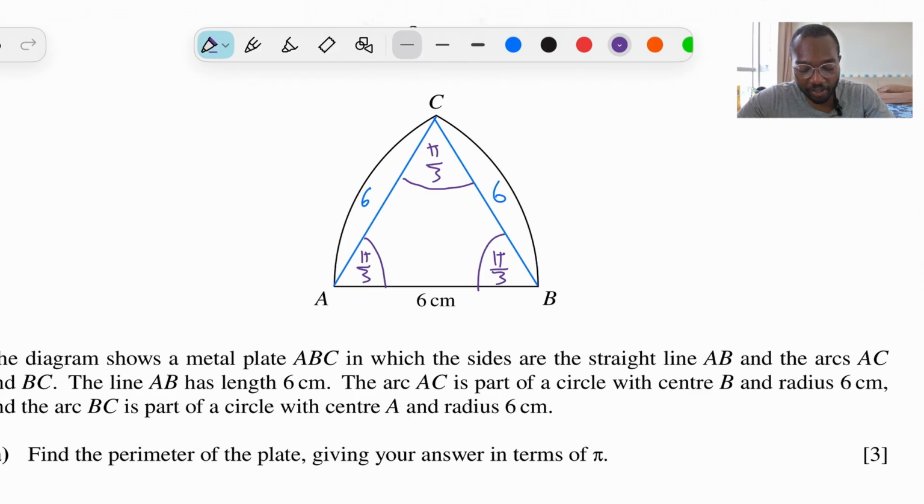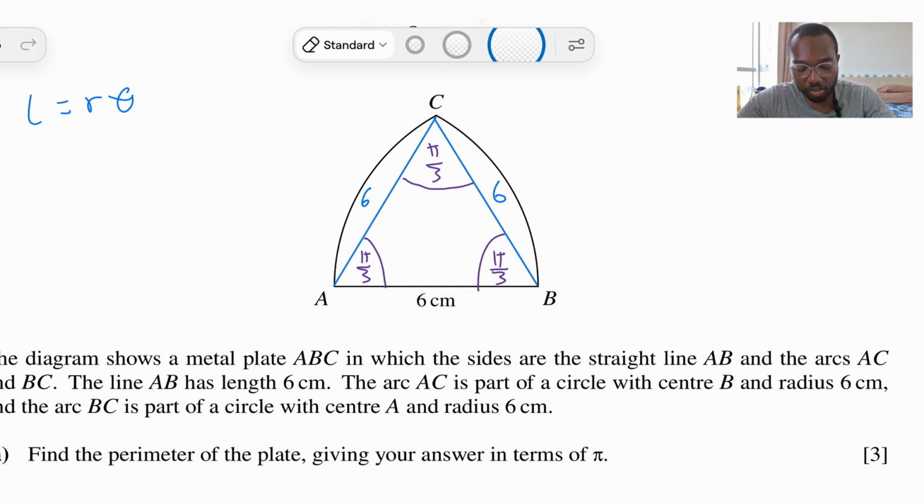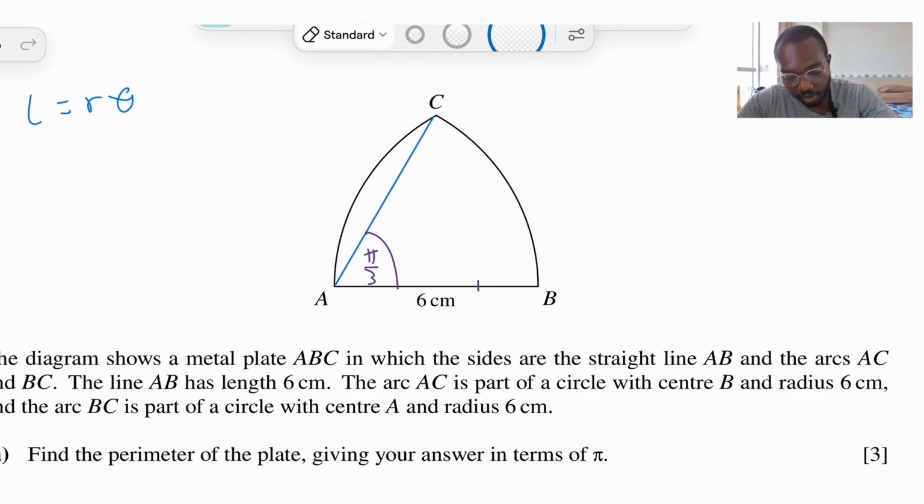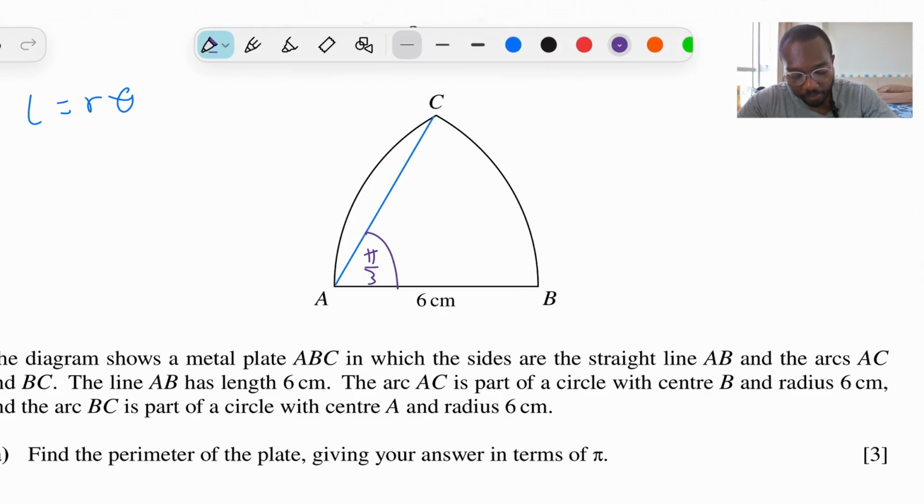Because now, effectively what we can do is just work out the arc length of either BC or AC, it doesn't make a difference. So now that we know it's an equilateral triangle, we know that all of these angles are going to be pi over 3. If I just erase this and let's just do one of these lines now, so it's a bit more simple looking at it, right? Then we know that this here is pi over 3, okay? And we know that the radius is 6 because that's what they tell us